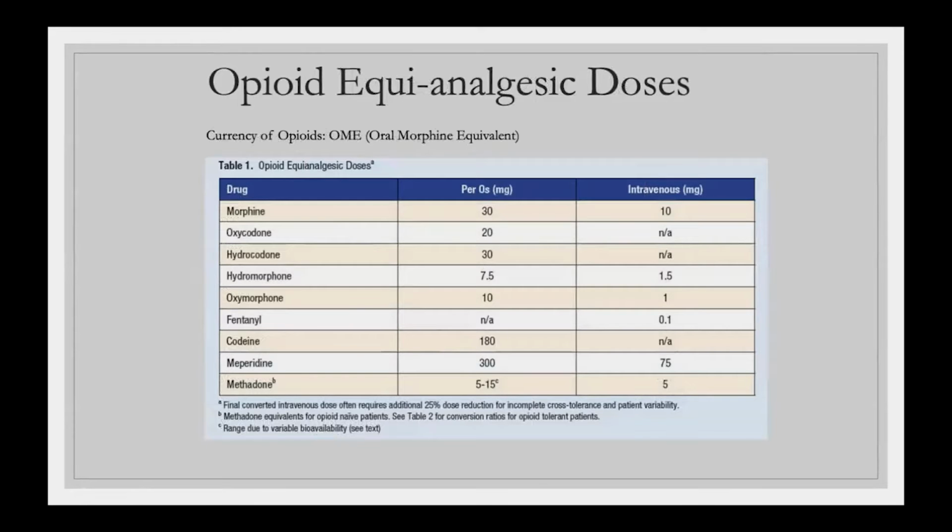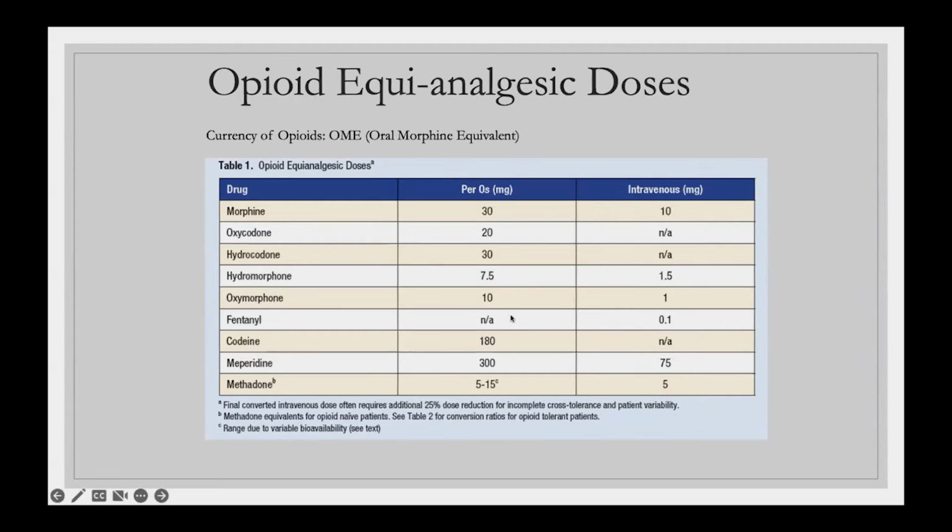When we talk about opioids, one of the basic things that we think about from the medical standpoint is this term called oral morphine equivalents. So all of the opioids can actually be exchanged, kind of like different currencies from different countries. You can actually exchange, for example, 30 milligrams of morphine into whatever the equal dosage amount is for any of the other opioids. So the way we do that is we convert everything to the base currency, which is morphine itself, and then use tables like this, where essentially they give us ratios. And then we take that and convert it to whichever medication we want in that ratio.